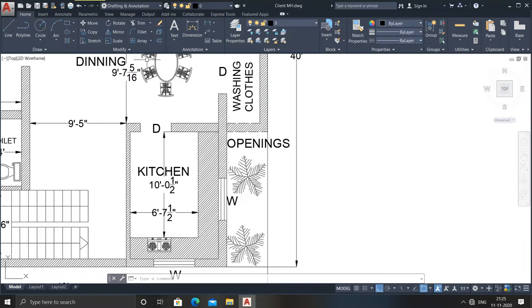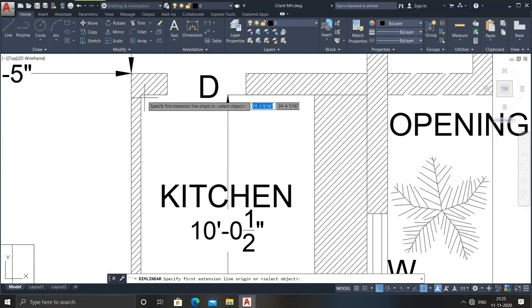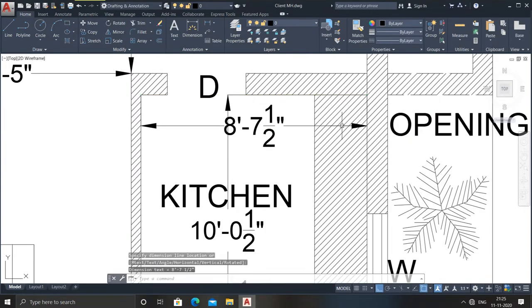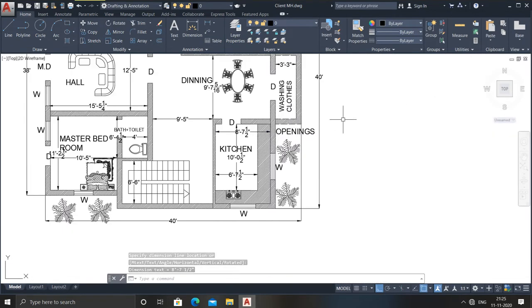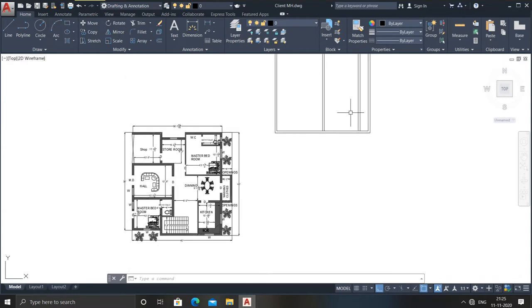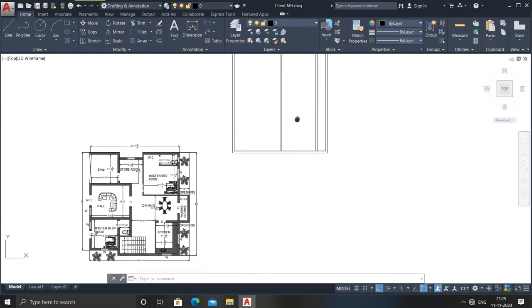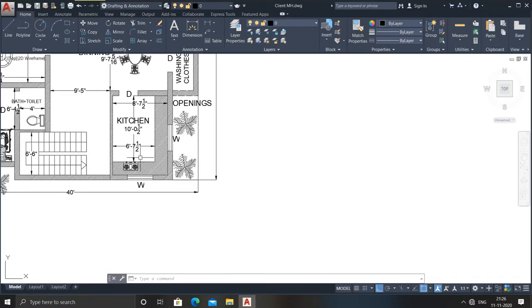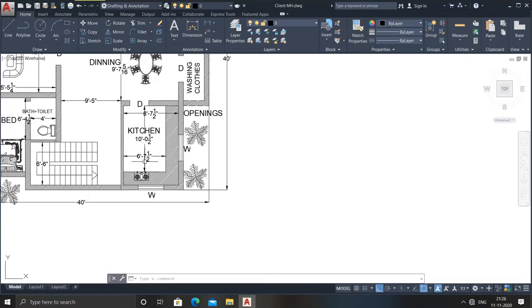So the next step is to go for the dimension. I'm going to measure the linear, so click on linear. Now just this corner to here, because my kitchen room is up to here. So this is 8 feet and something inches, so I will generally consider it as 8 feet 6 inches. So from here to here I need to take it, right? See it here to here, 8 feet 6 inches, and here to here 10 feet and